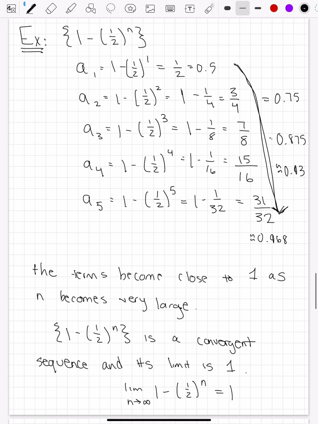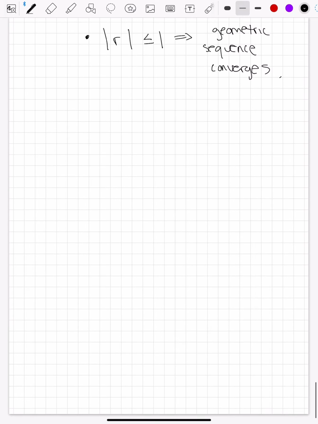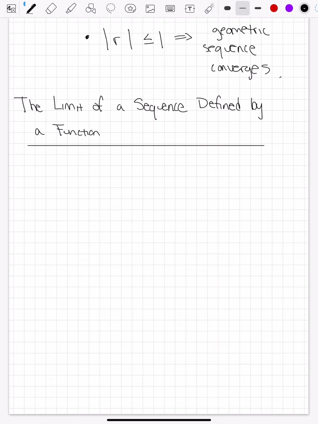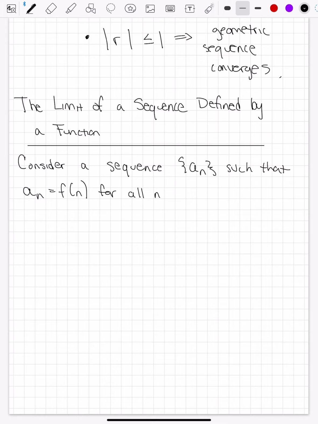And lastly, to end the video, I just want to connect the dots between the sequence and the formula that we write, or when we define it by a function, a formula of a function of n. So the limit of a sequence defined by a function. Basically, if you're given a sequence an such that we were able to write that sequence as a function of n, like we've been doing, for all n greater than or equal to 1,